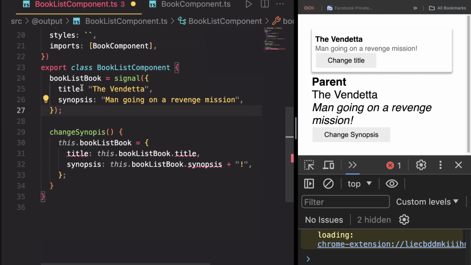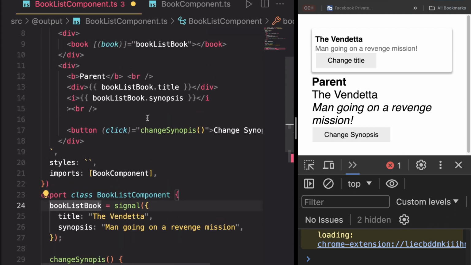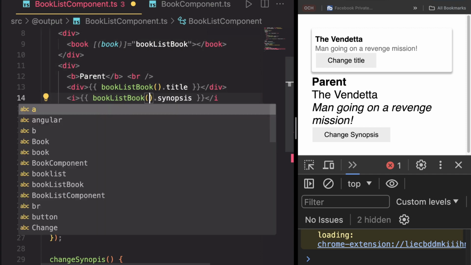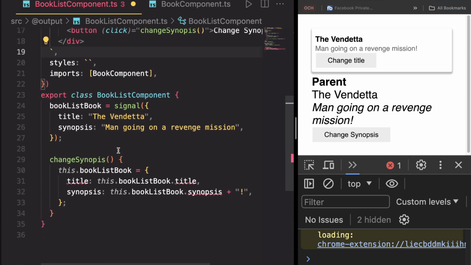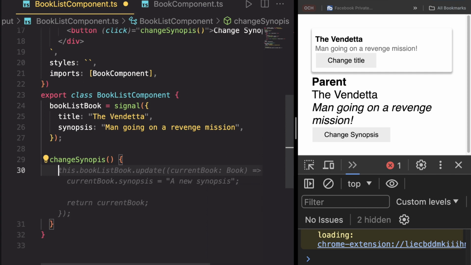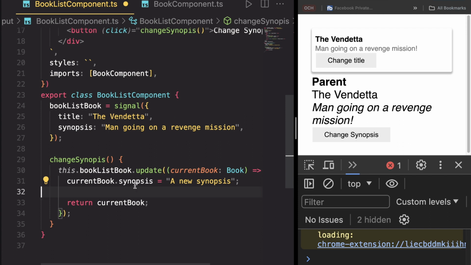So, change synopsis. Since it's a signal, we need to remember it's now a function. We need to access the value by calling it as a function. So we'll change this here. Then we'll come down here and we're no longer doing this like this because it's no longer an object, it's a signal. So what we're going to do is use the update method in the signal class and update it. So when we do something like this,